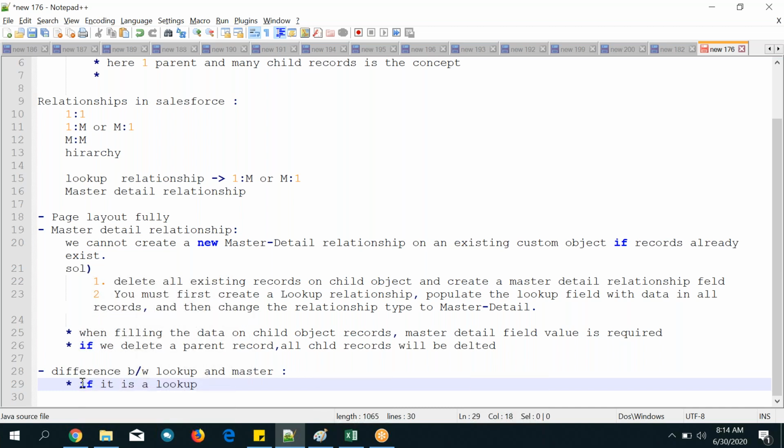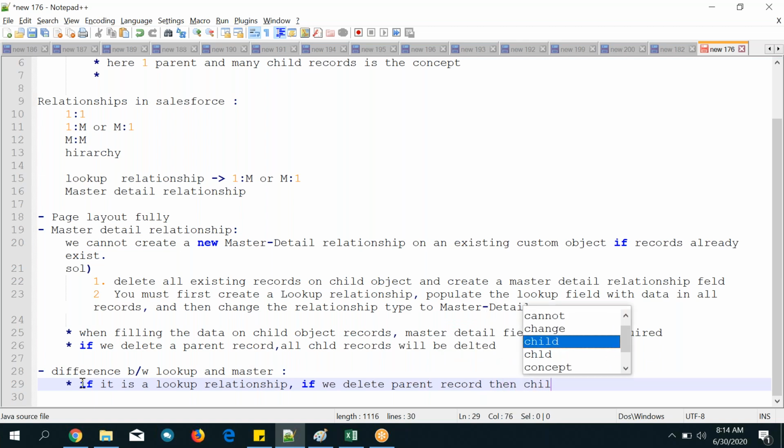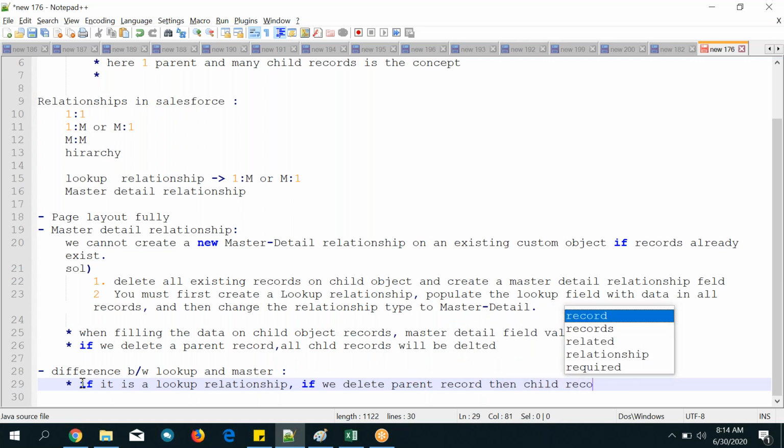First point: if it is a lookup relationship and we delete the parent record, then child records will not be deleted.